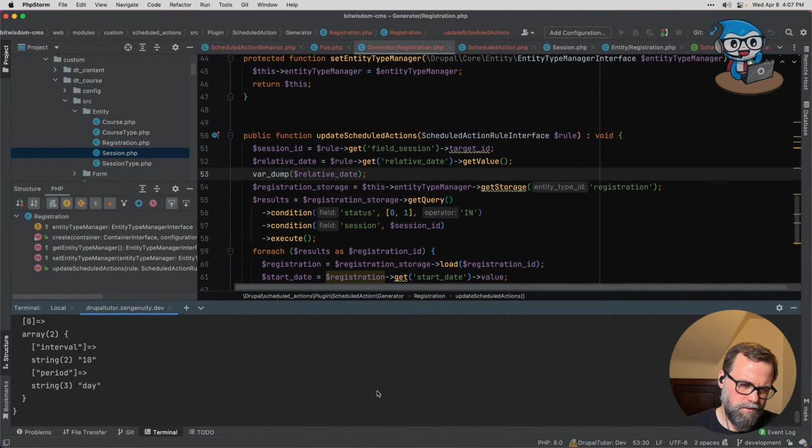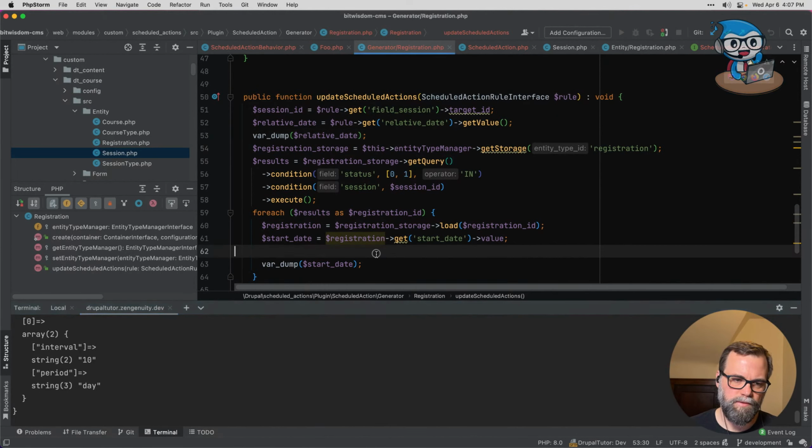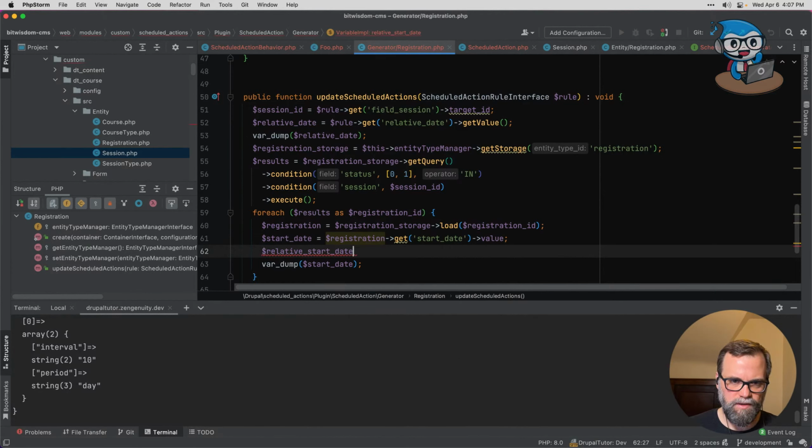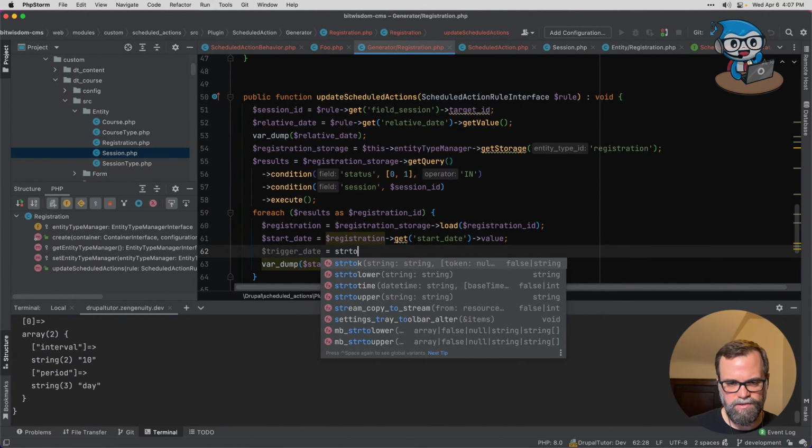So I think we can do something like the relative trigger date, let's say, trigger date for this action should be, if I do string to time,